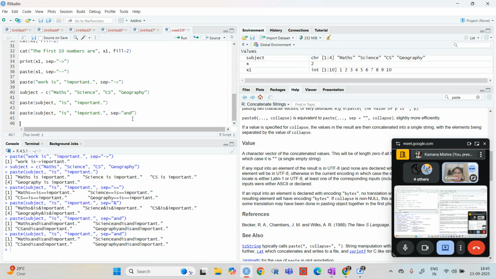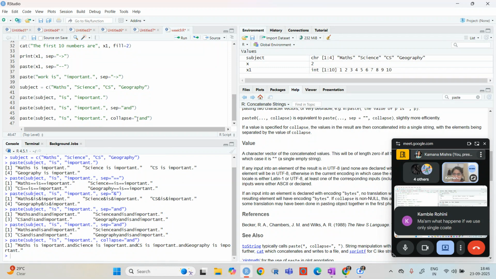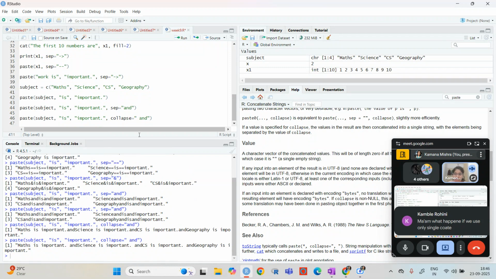But if I write like this, paste, and rather than using this separate function, if I use collapse, okay, so you can see